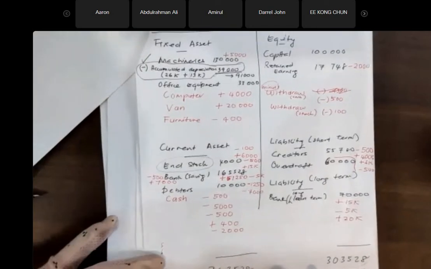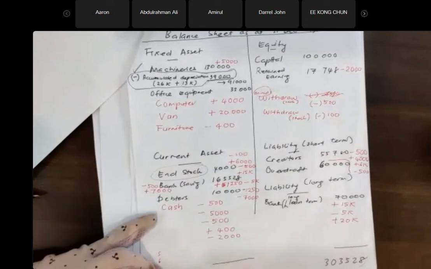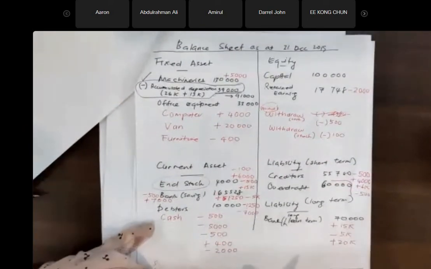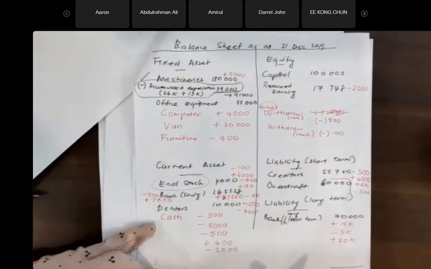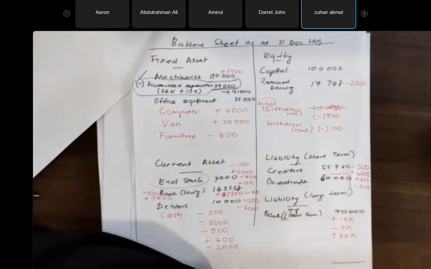Any question? Boleh kan? Just to digest. Boleh? Doktor, saya tanya. Kalau katakan